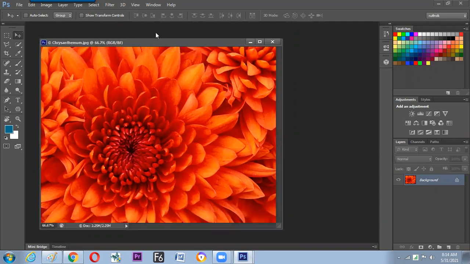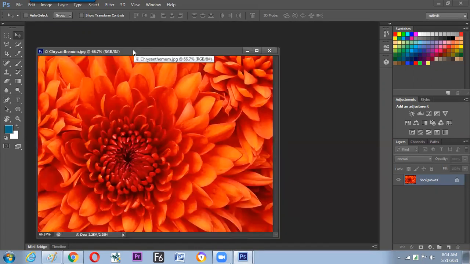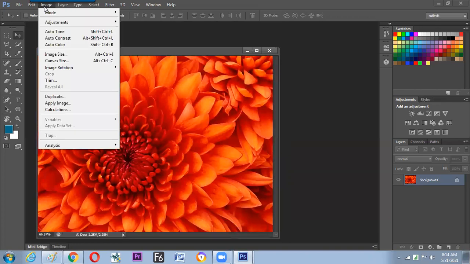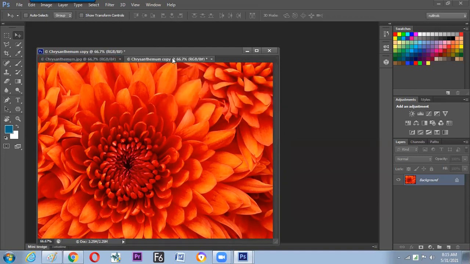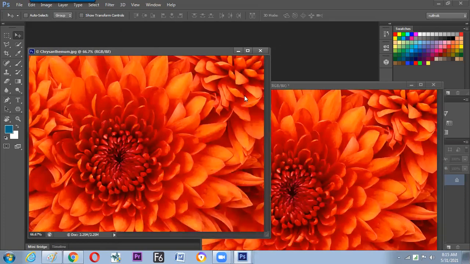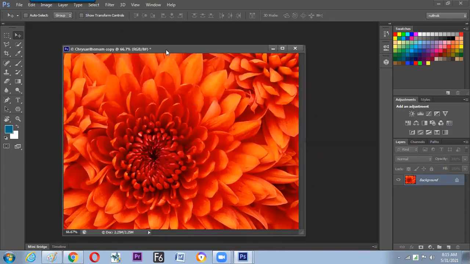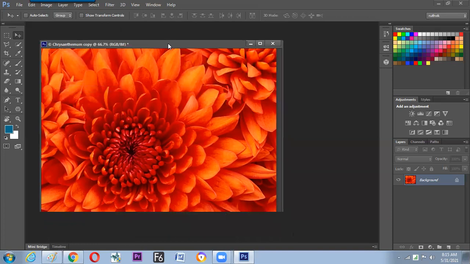So how to duplicate a photograph? Image, duplicate. Image copy is not the option; Image duplicate is the direct option. So here we can make a duplicate. The same name will come with a copied name. Go for OK, and you can find it. You can drag it out and close the original. Is it okay now? The safety side. So we have saved the original and we have started working with a duplicate.